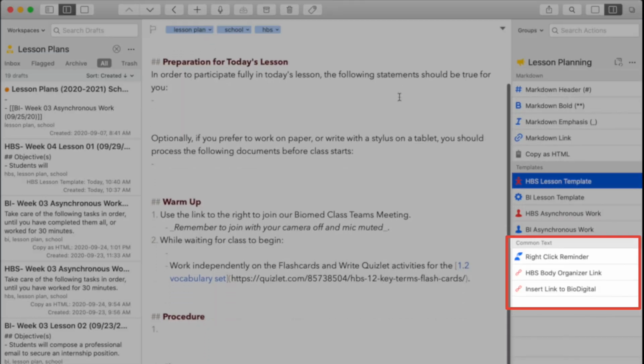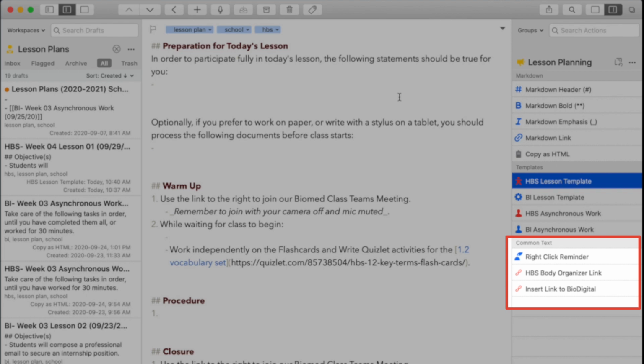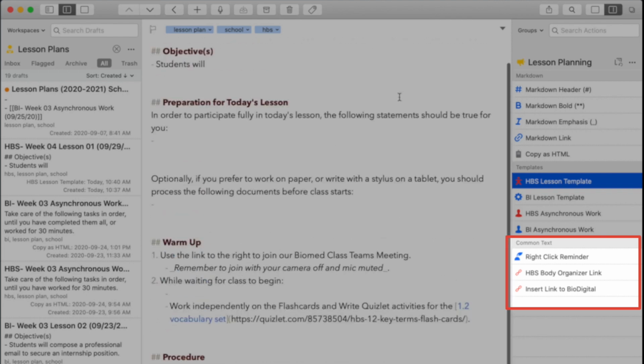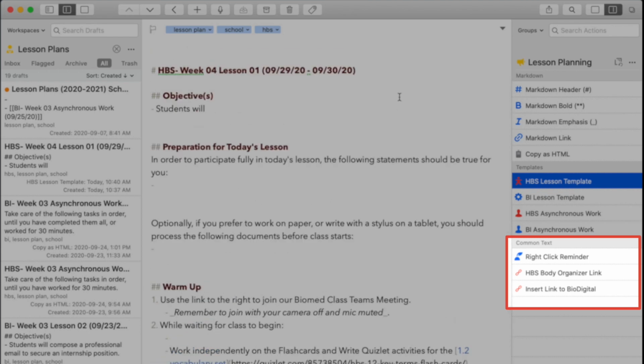I've also added some text expansion style actions to automate some common text, like this Markdown link to a PDF on OneDrive of a graphic organizer students frequently need to access, or a link to another online service we use frequently. It seems like the sky's the limit here, and I've already begun looking for more ways to use this functionality in Drafts. I will certainly share new discoveries as I make them.